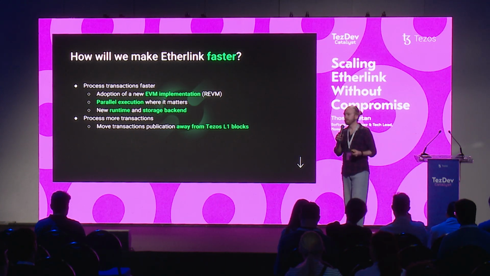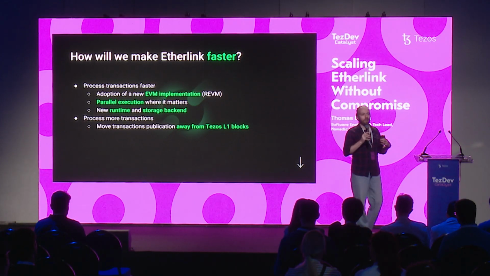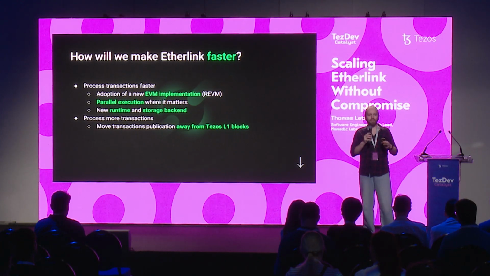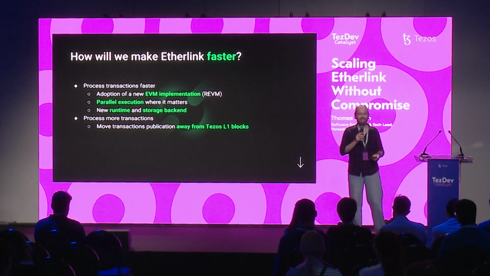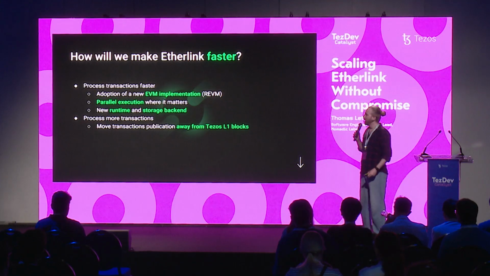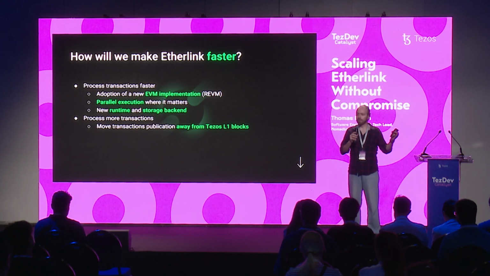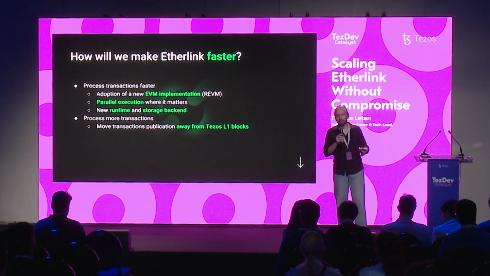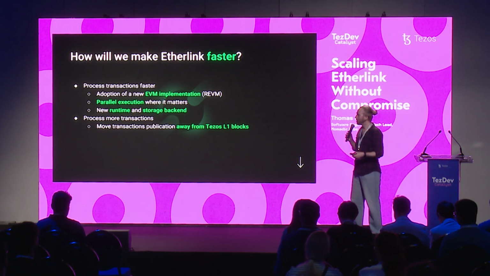But then there is another issue. Just processing the transactions that we already have faster, you get a more responsive system, for instance. But what we really want is to increase the capacity of Etherlink. We want to increase the activity, or we want you to increase the activity of Etherlink, and we want to be one step ahead and always be ready for the activities that you bring. And to do that, we need to consider the amount of transactions that you will bring. Potentially, we already have hundreds of thousands of transactions every day. Potentially, we'll have 1 million transactions every day with Etherlink and with Tezos X. And we need to get ready for that.